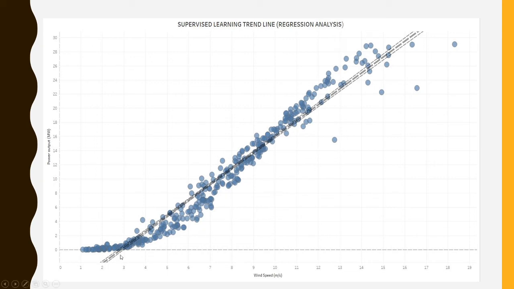So if the wind speed is low, the power is also low. If the wind speed is intermediate, power is also intermediate, and if the wind speed is high, power is also high. So that generates a linear type of trend, and this trend is shown with the help of this line, which is called the line of best fit, or trend line. Hence with this type of trend line, if in future someone gives me the wind speed, I can very easily predict the amount of power the windmill will generate. Hence we learn with this example where we need to implement a trend line. In my next video I'll show you how we can implement this trend line in Tableau.